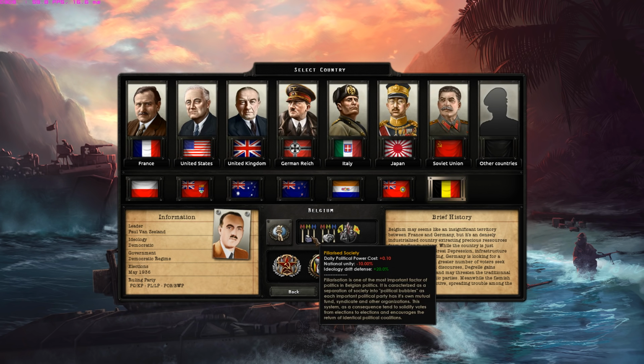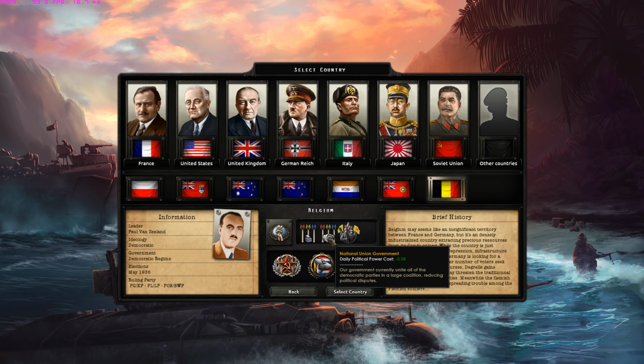Yeah. Belgium starts as a pillar society. Pillarization is one of the most important factors of politics in Belgian politics. It is characterized as a separation of society into political bubbles, as each important political party has its own mutual fund, syndicate, and other organizations. This system, as a consequence, tends to solidify votes from election to election and encourages the return of identical political coalitions. National Union Government. Our government currently unites all of the democratic parties in a large coalition, reducing political disputes